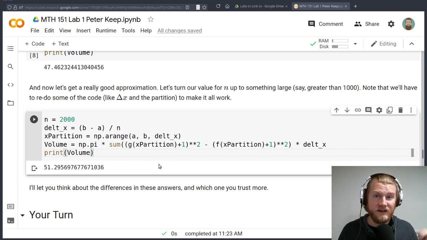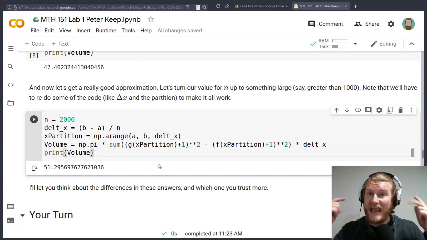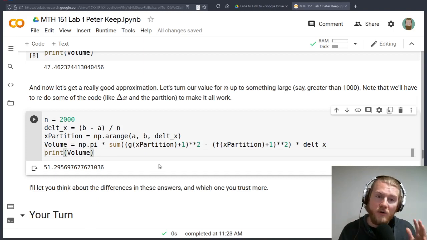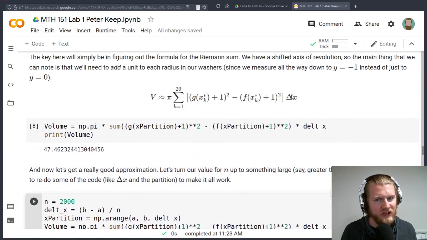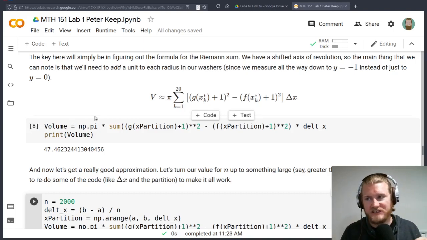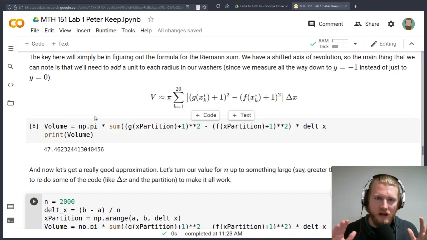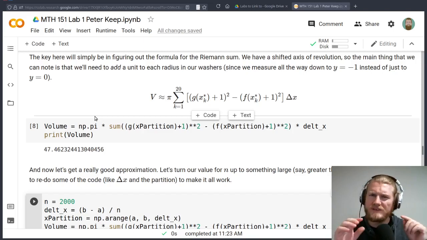We're going to take a look at volumes using washers and shells, and we're going to look at surface area on here. But notice that you're really just going to be working from this Riemann sum formula that we have to try and write that down. Build those partitions, set up your delta x value, all in the same way that you would normally in these examples, but you're going to notice that the integral formulas are going to be a little bit different based on the